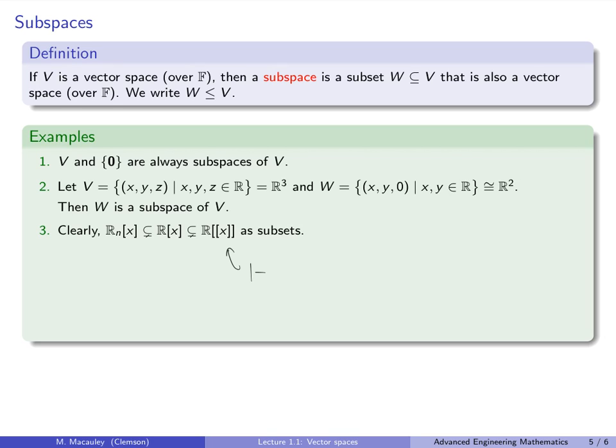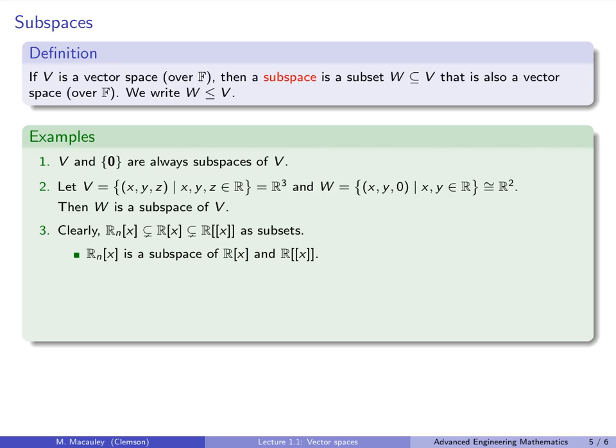So for example, 1 plus x plus 3x squared plus 0x cubed plus 0x to the fourth. Something like this we can think of as a polynomial. So every polynomial can be written as a power series that eventually just ends in zeros. So these are easy containments as subsets,